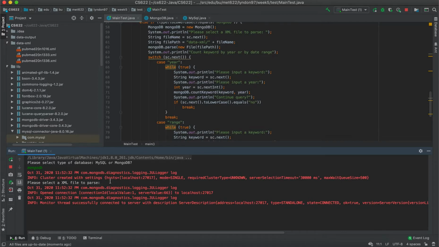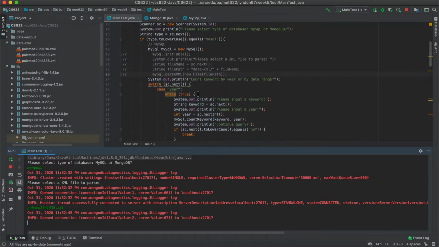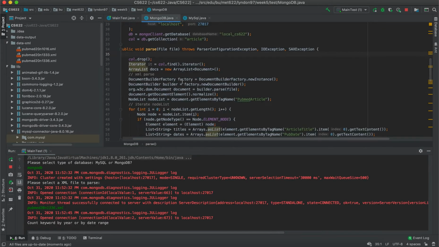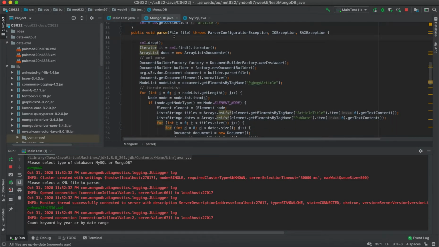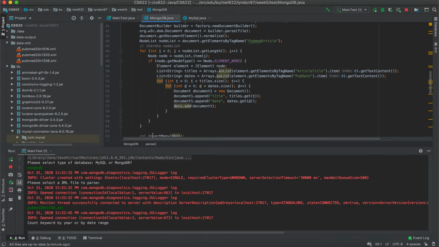Okay, it still needs to type an XML file to parse, so still I choose the pod metadata, and yeah, I start parsing the XML file. So basically I think this function is just common as we see before. So yes,